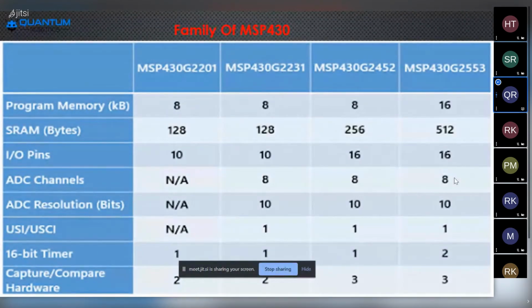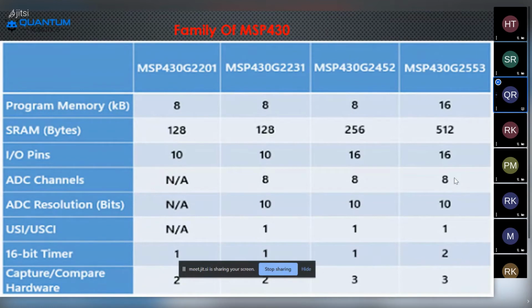And in the second column we are getting the SRAM of 128 bytes. In the third column the input and output pins are 10. How many pins are there in the MSP430 family G2201 model? We have 10 input and output pins.